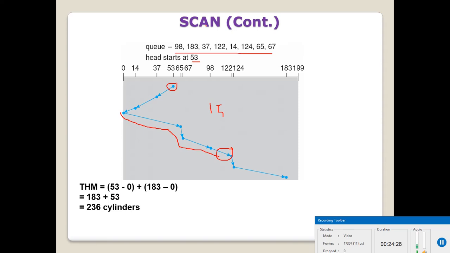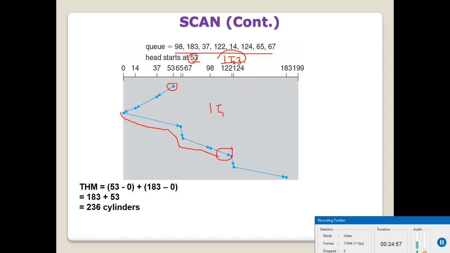Now imagine, instead of 53, my head is at position number 153. Then it goes upward because it is now closer to the upward end rather than the downward end.